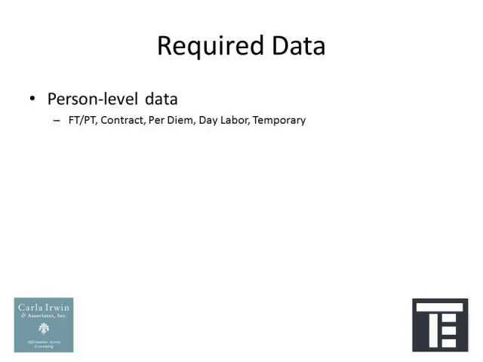Something interesting: full-time, part-time, contract, per diem, day labor, and temporary. Most employers are putting full-time, probably part-time, in their AAPs. A lot of people don't put contract, per diem, day labor, or temporary. There's been a lot of discussion about what's the definition of an employee with regard to affirmative action plans. For the most part, when people are submitting compensation for a scheduling letter or even reviewing their compensation data with regard to their AAP, a lot of times they're only doing it for full-time, part-time.